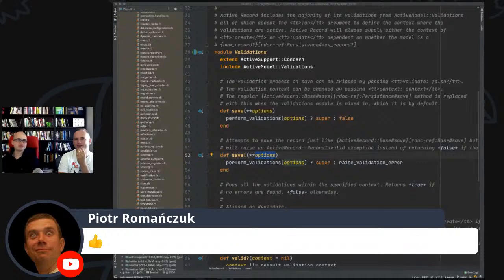It's more like save with validations, because that's the consequence of Active Record as a pattern. Active Record is not only putting some data in a database and retrieving it, but there is also some logic, right? So this is a consequence of using Active Record. So validations are the way of enforcing the logic. And by the way, enforcing the logic in Ruby, you can.